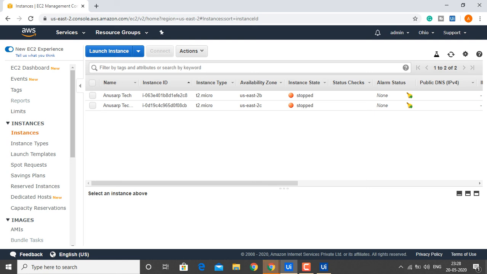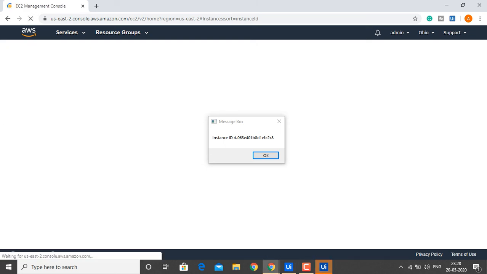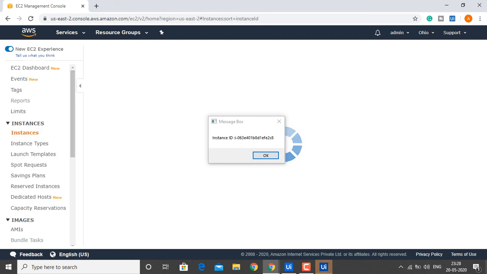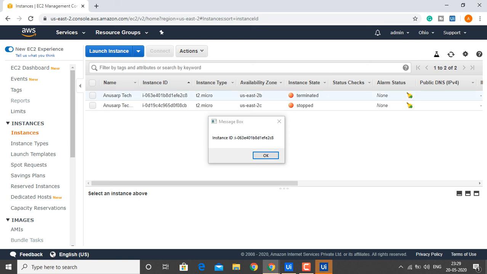Let me show you guys, wait for a moment. The bot is running. Right now the instances are in the stopped state. The bot did one instance, and it is in the terminated state now. If you observe here, it is terminated. Again it will fetch the second instance, and it will terminate the second instance also.